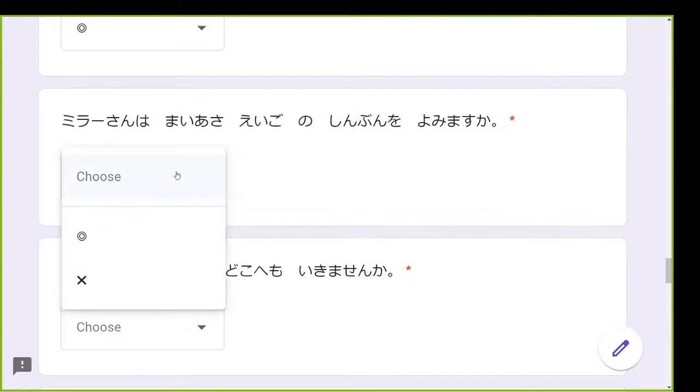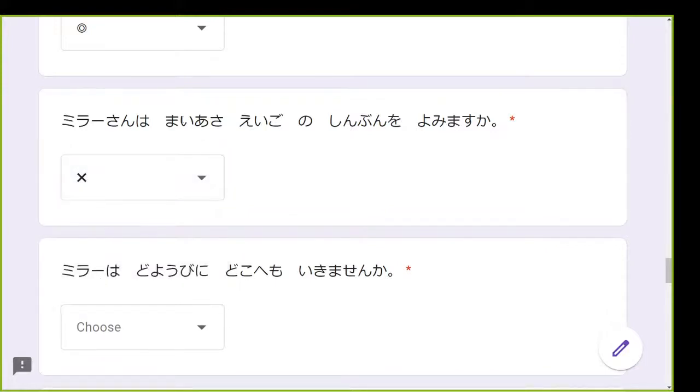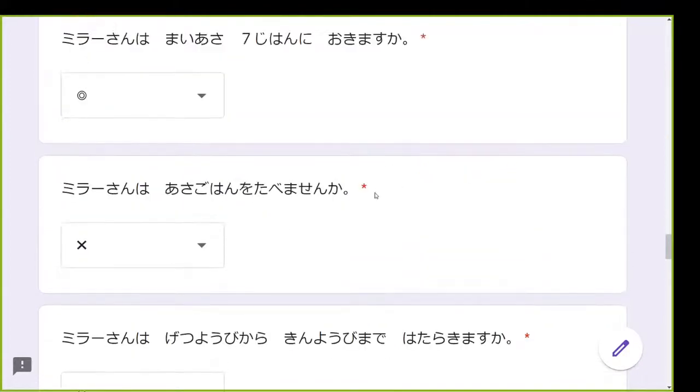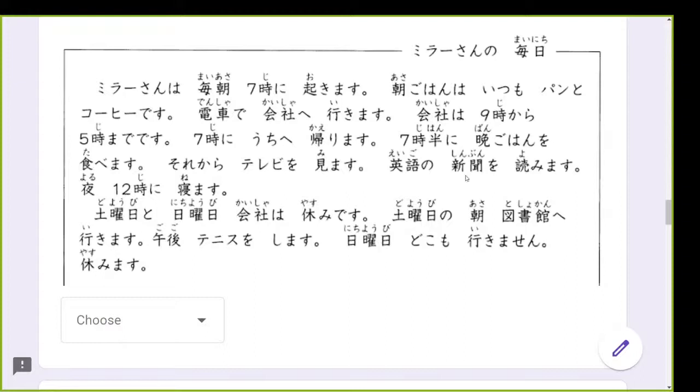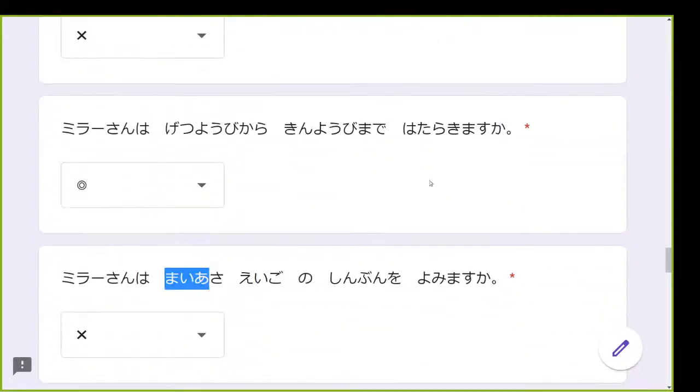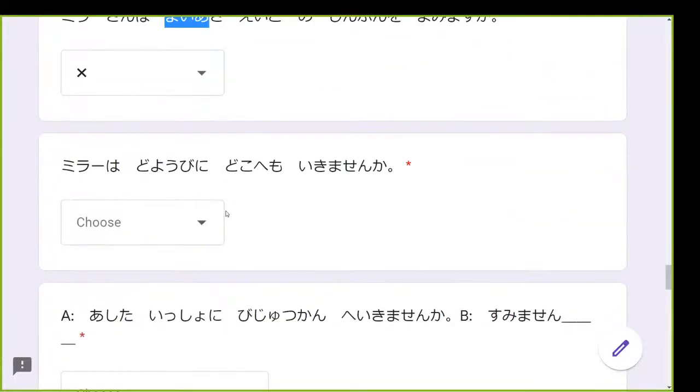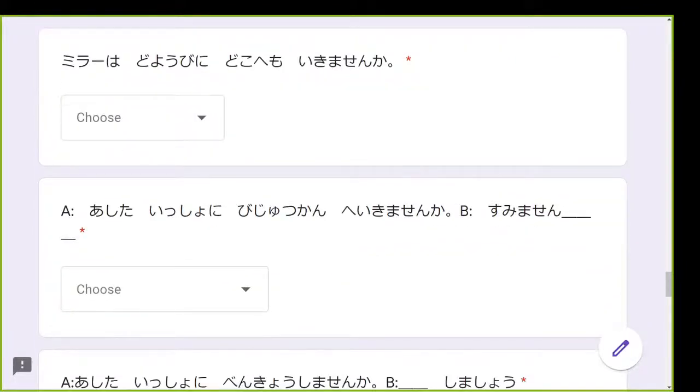Yomimasu ka. Batsu. So it's batsu, okay? Because it says Mira-san wa mai asa. He reads English newspaper, but the time frame is different. それから terebi wo mimasu because he already went home. So the time frame here is already different. はい、よくできました。Okay, 次はリさん。